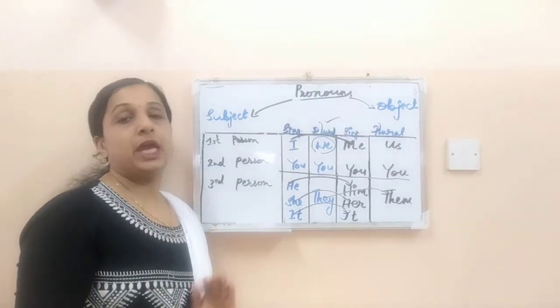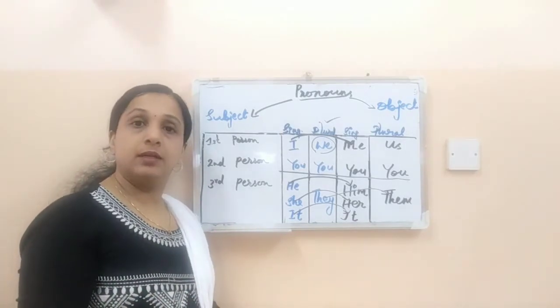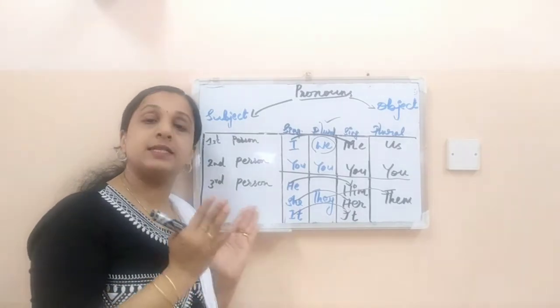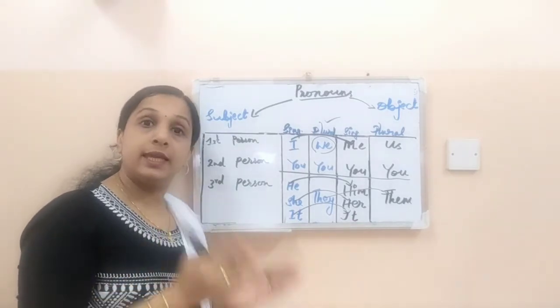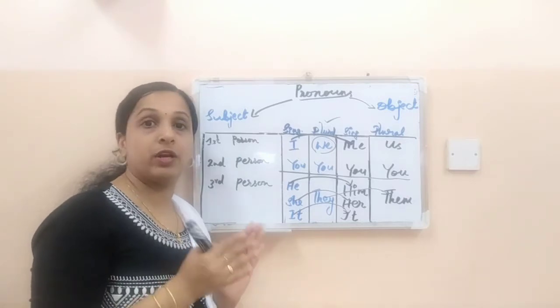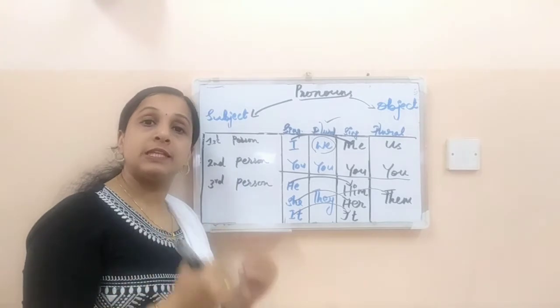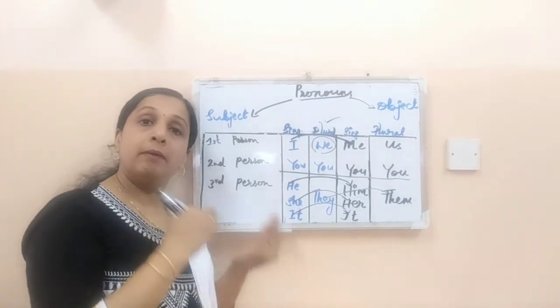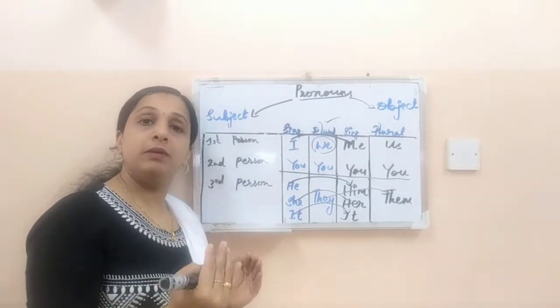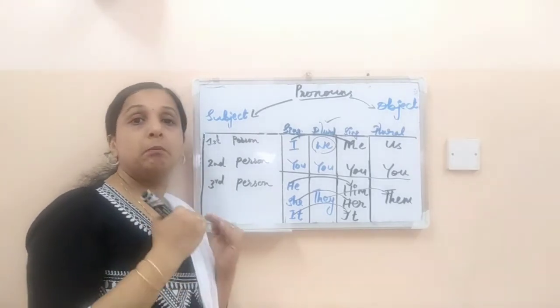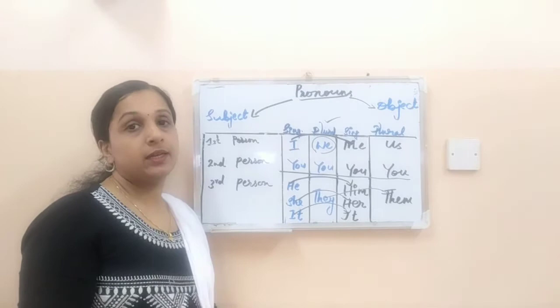My mother gave me an ice cream. My mother is a noun. That is a subject in that sentence. Gave is an action word or a verb in that sentence. After gave, who receives the action? Me. My mother gave me an ice cream. So who receives the action? Me. That is an object in that sentence.